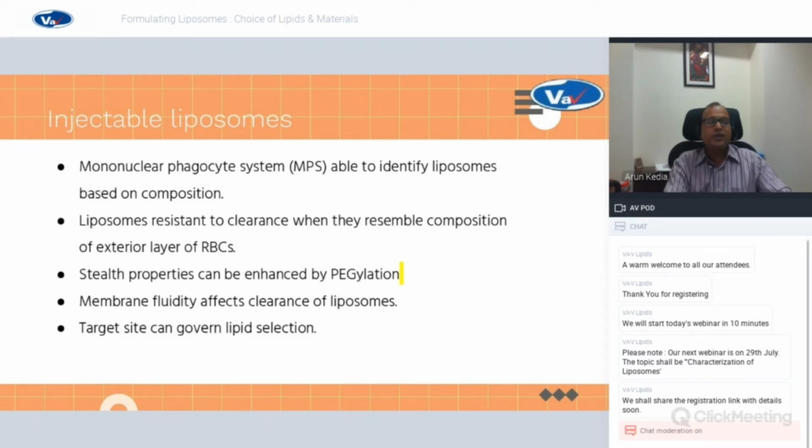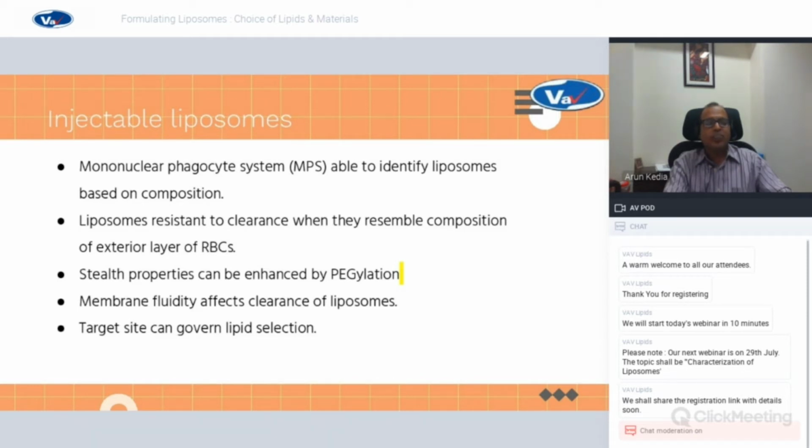Now, choice of lipids specific to injectable liposomes. The mononuclear phagocyte system, MPS, is able to identify liposomes based on the composition. This is a very long topic and probably suitable for a dedicated webinar, so I'll not delve too deep. But liposomes can be resistant to clearance when they resemble the composition of the exterior layer of RBCs. And the stealth properties can be enhanced by pegylation,